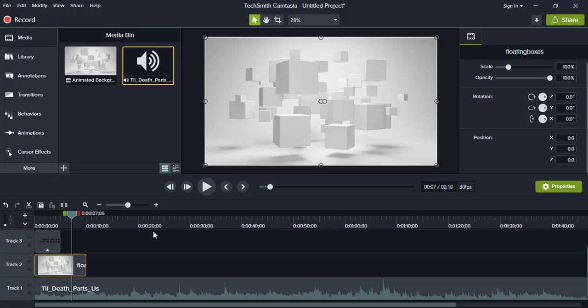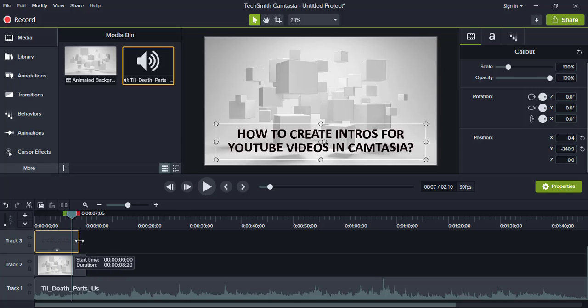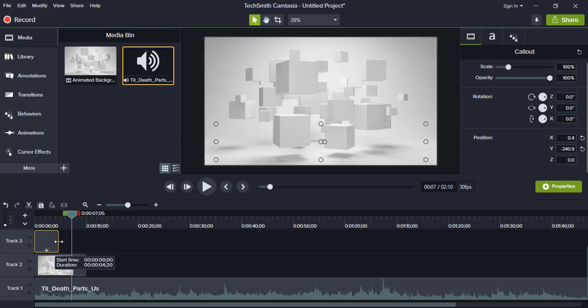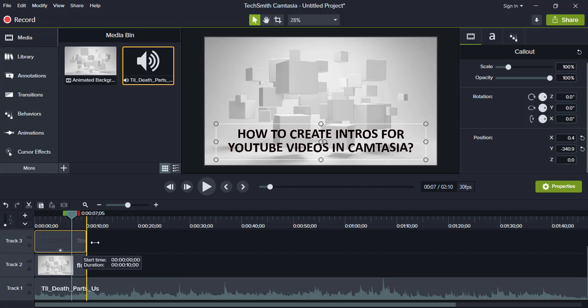Okay, so one more thing, if you have noticed here, the duration of my text was less than the other things in the video. So if you want your text duration to be the same as your background, you just have to drag, and from here you can change the duration of your media.